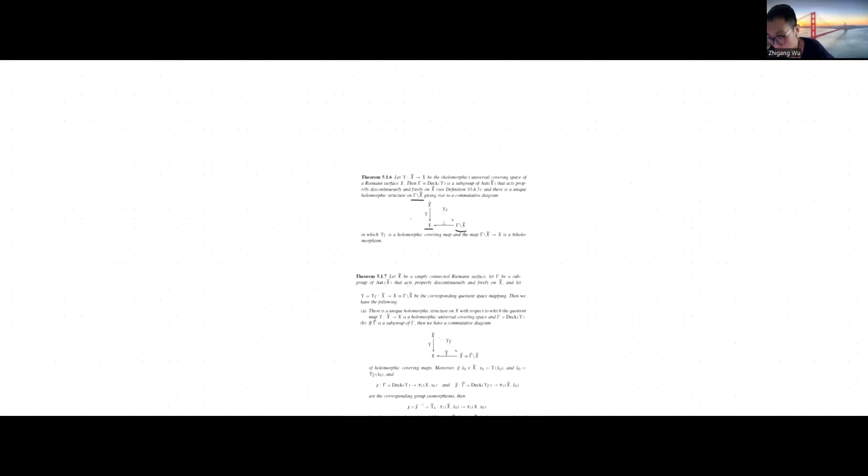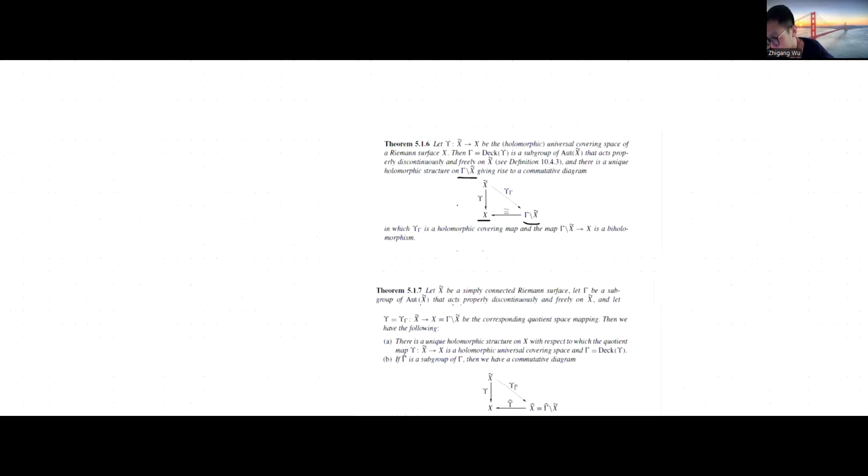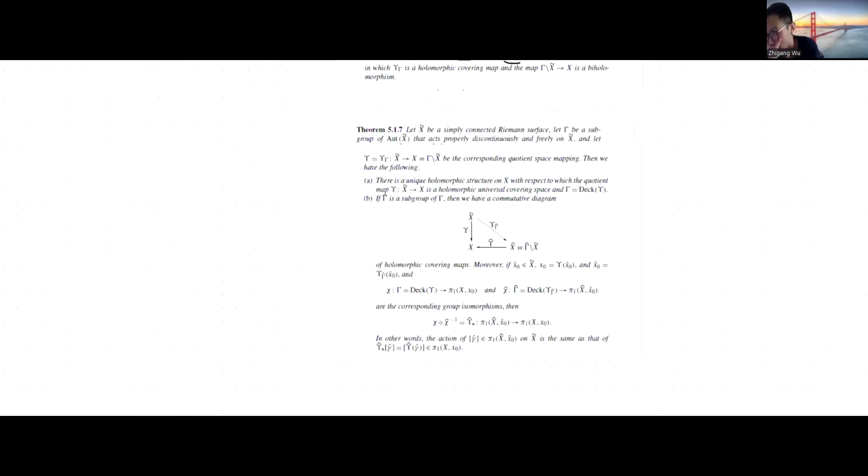Okay. So why do we want to use this theorem? So now we first construct our x tilde, right? So we first construct this x tilde from x. And then what we do is